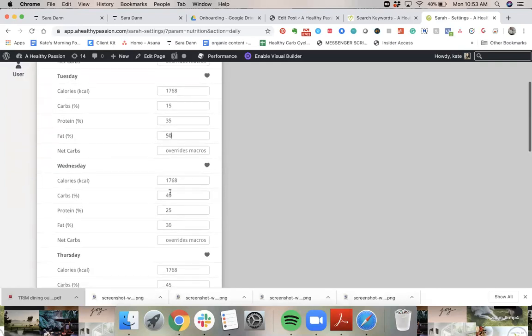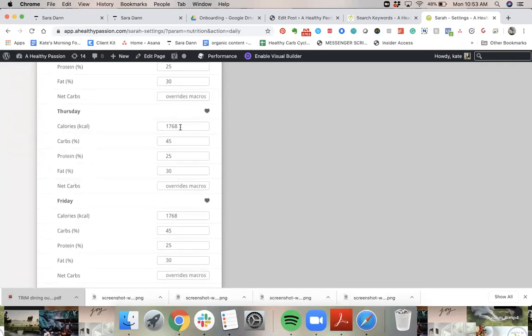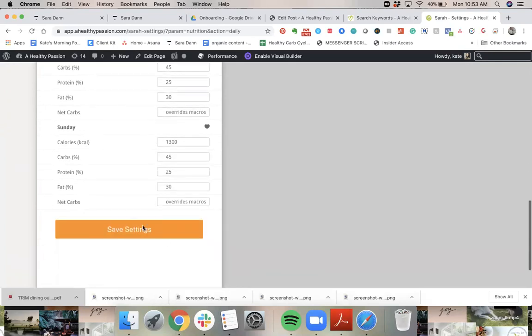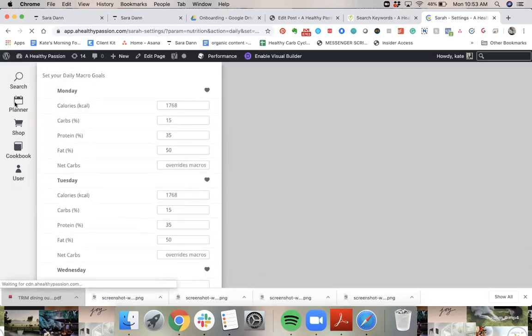Okay. And then I also go lower calorie on my rest days. So I'm going to do about 1,300. We'll go 1,300 on Thursday, and I rest on Sunday. So we're going to save those settings, and then what you're going to do is go over to your planner,